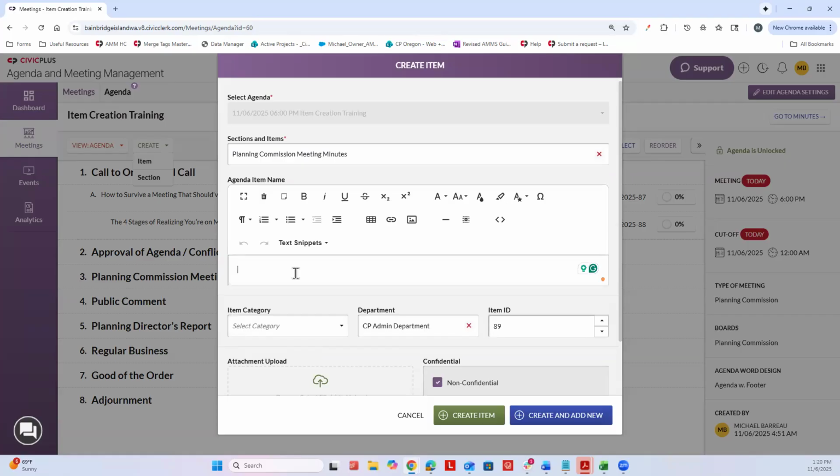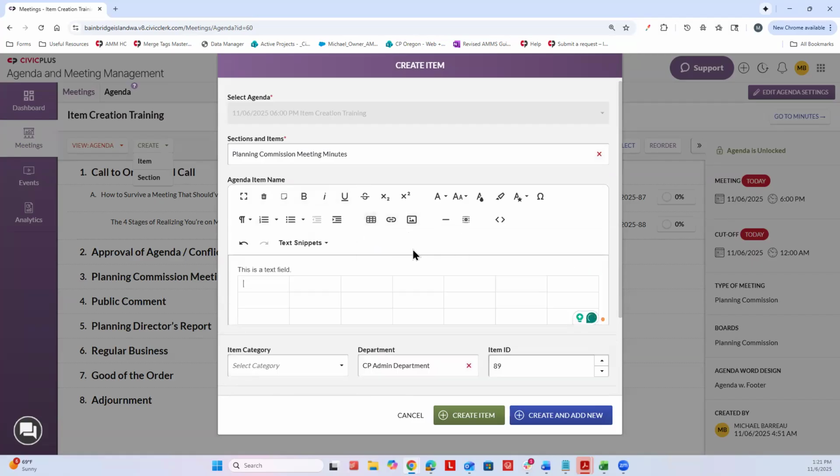Okay, this is a text field, right? So I can always type in here anything I need to, right? And there are formatting tools, right? If I want to bold, italicize, I can add links, I can add photos, I can create whole charts, right? Nevertheless, you want to make sure that whatever you place here is what you want to show up on the agenda, right? So if you are going to copy and paste something from an outside source, let's say I pasted this,